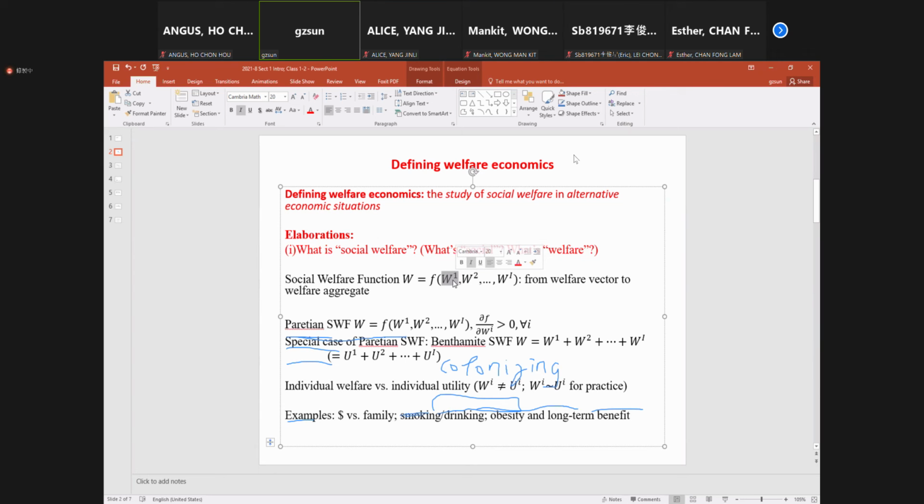We are not stupid. We are not crazy. We know what we are doing. We allocate our resources in such a way as to maximize our utility of welfare. So therefore, what's behind the individual welfare is we believe every individual matters. That's point 1. Secondly, we believe every individual is making rational choice. He or she is not stupid. He or she is not crazy. He's making rational choice. Given the 2 points altogether,